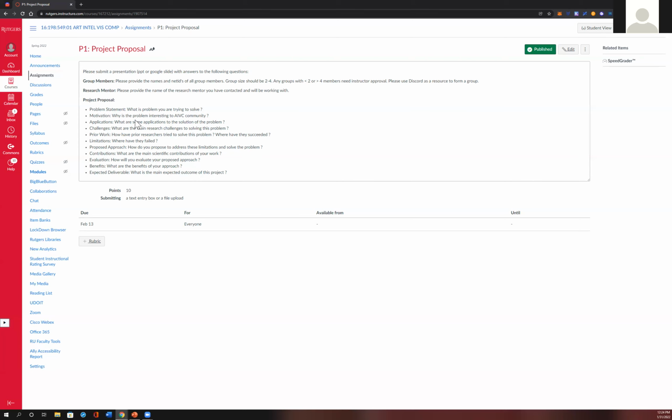Okay, but P0 will be sort of our way of testing the system. So hopefully it's a smooth process, but if there are any issues, we'll hopefully have them resolved by the time P1 comes around. Okay, so Catherine, hopefully that answers your question. One submission per group. Aditi asks, do we have to give a presentation to you or just submit the PPT?